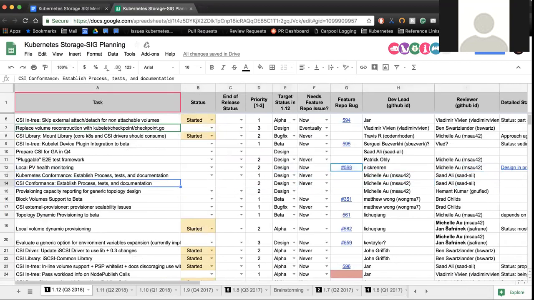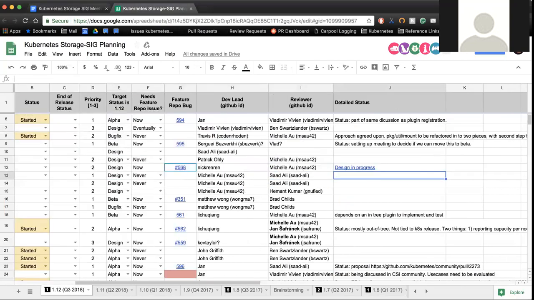Next up is Kubernetes Conformance, establishing processes, tests, documentation. Michelle had a proposal out. Michelle, any updates on this? Yeah, so we discussed the higher level ideas of the proposal last week, so it sounds like we have consensus in the SIG on the plan.